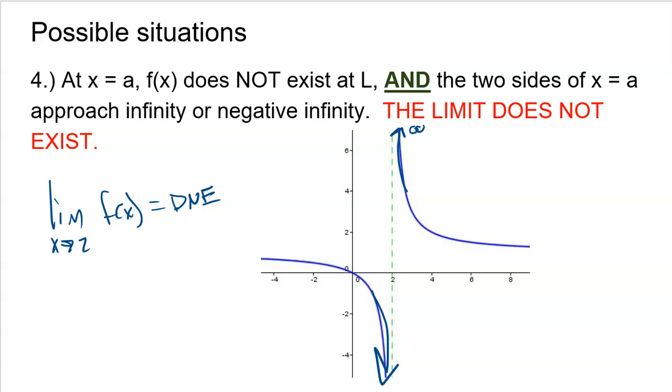We saw that as we approached from the left side, we were going really, really low: -1,000, -10,000, -100,000, -1,000,000. We're just going lower and lower and lower. And from the right side, we were approaching +infinity: 5,000, 20,000, 30,000, 100,000, 1,000,000. We're just going forever and ever up. But again, the main thing here is that the two sides are not coming together, so the limit does